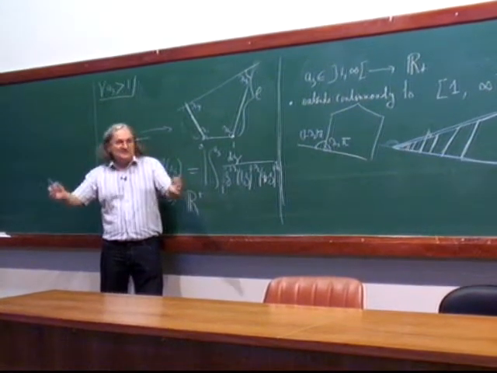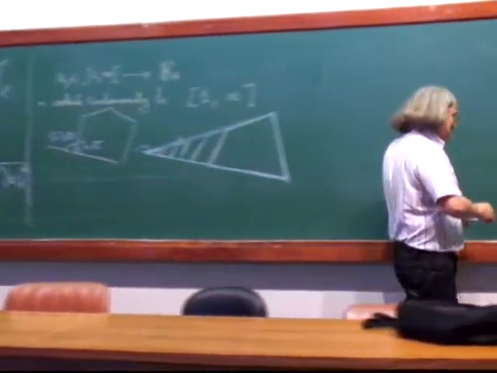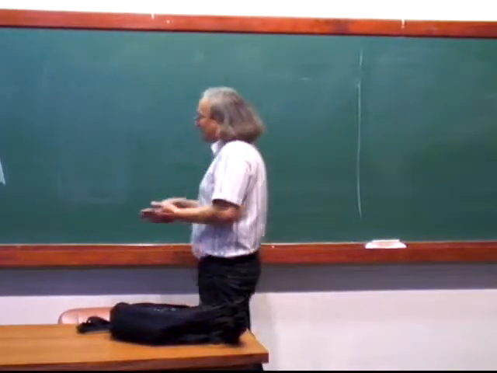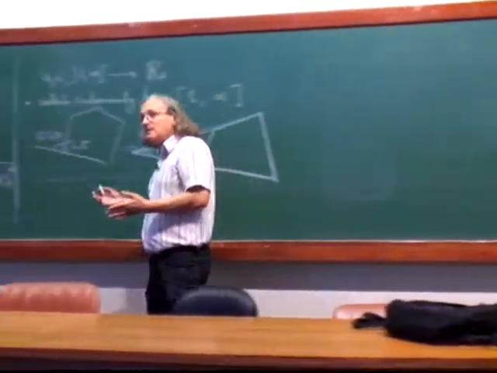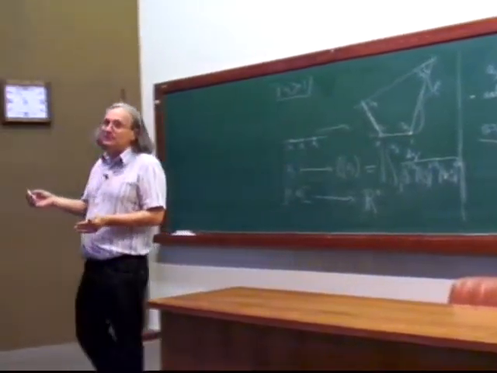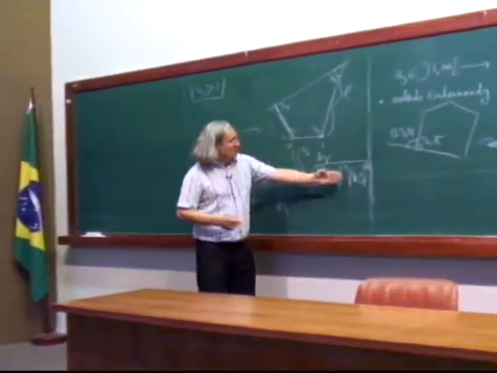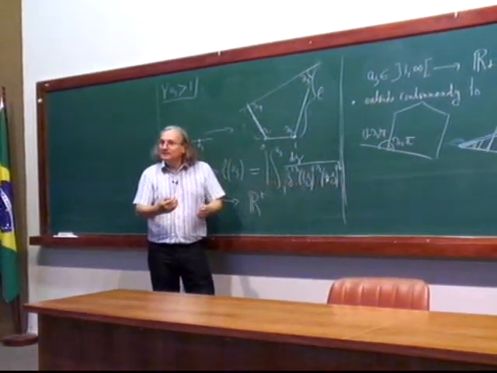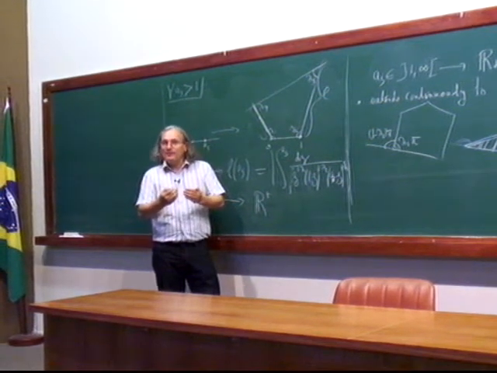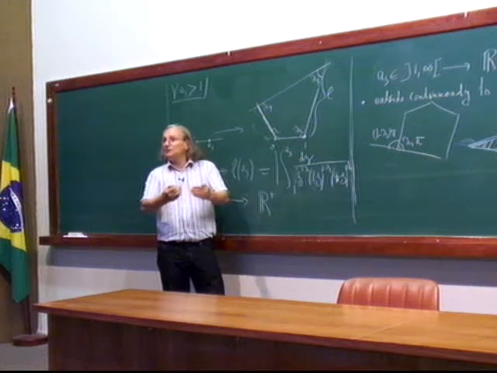Okay? So just by a continuity argument, you can get any quadrilateral. So this Schwarz-Christoffel map for quadrilaterals degenerates to the Schwarz-Christoffel map for triangles